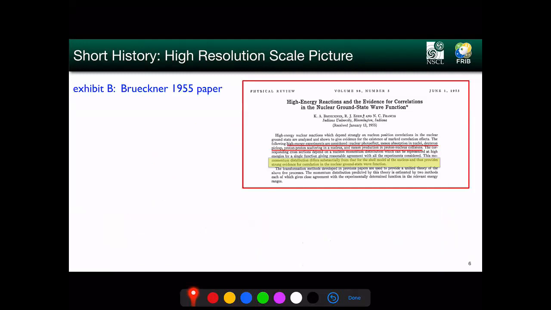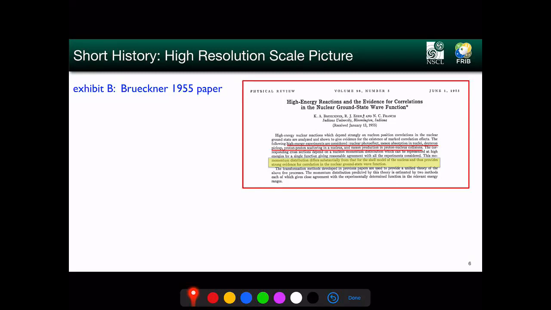So the second kind of historical development that led to this picture of the high resolution view of nuclear forces came about in this very nice 1955 paper by Bogner, Eden, and Francis. And basically what they did was they analyzed 5 different medium high energy experiments,